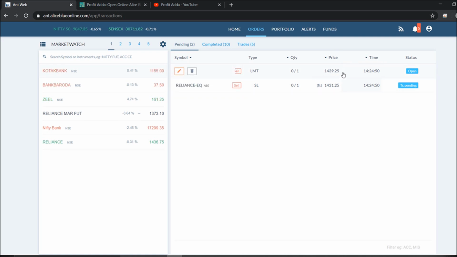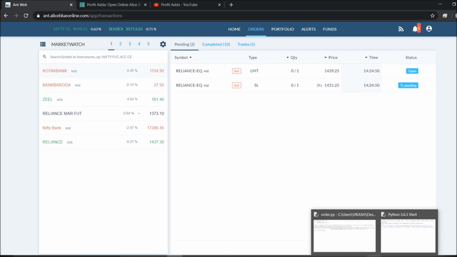So it will square off at this part, so you will be in a profit, and if it moves to this part you will be in a loss. So this is the way we are doing. So initially you can go for the sell also. Okay, vice versa. So right now I will show how you can cancel the order.